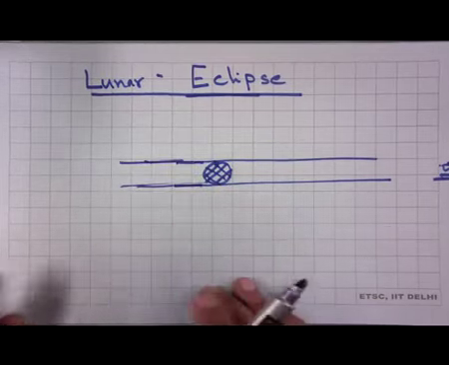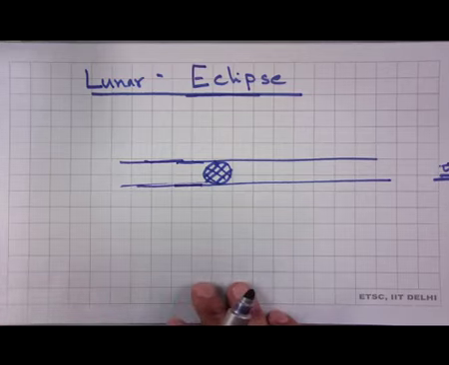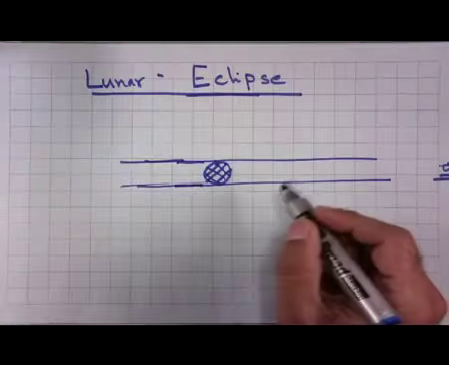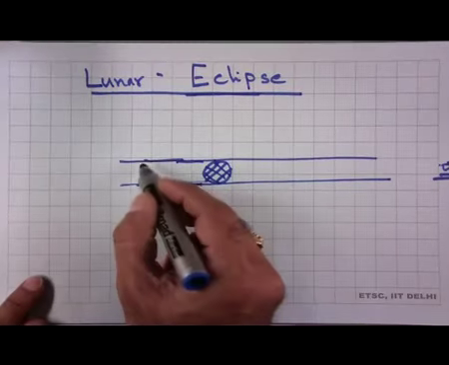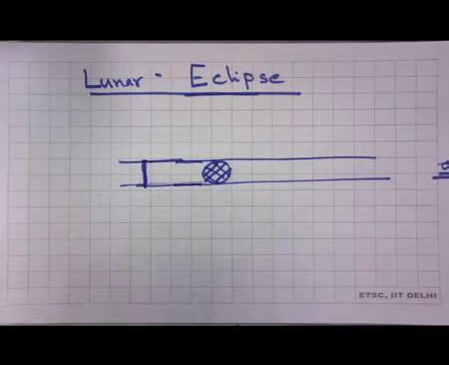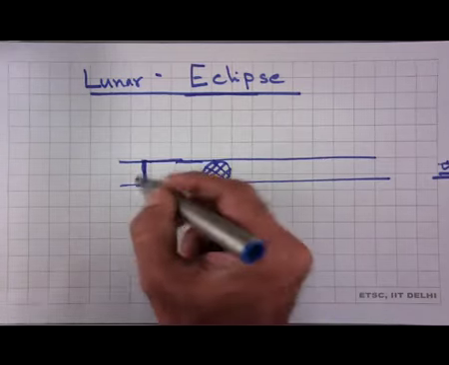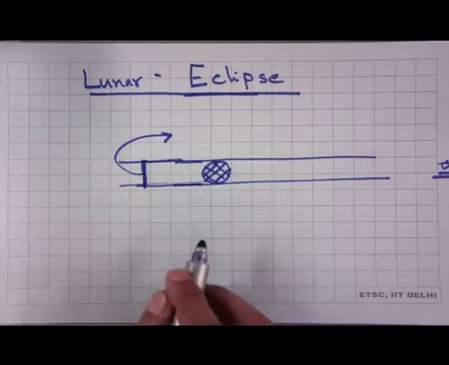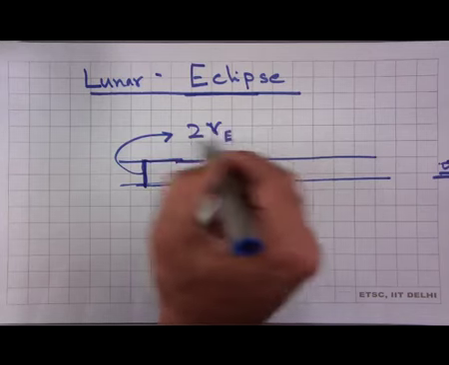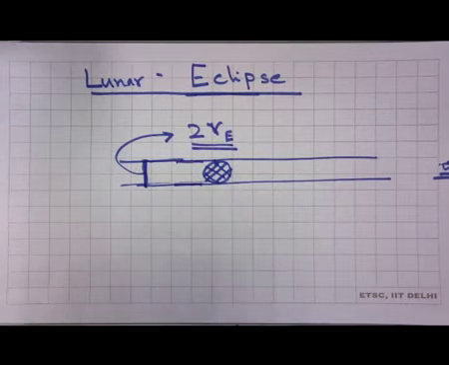Basically, the shadow is of an infinite extent, and the shadow is not going to diverge. If you have a finite size, the shadow is going to diverge as you go farther and farther away. So irrespective of where the moon is, it is going to be in this shadow region. This is the time for the shadow region. And what is this distance? This distance is nothing but the diameter of the earth, which is 2re.